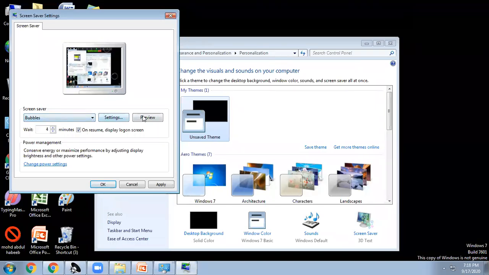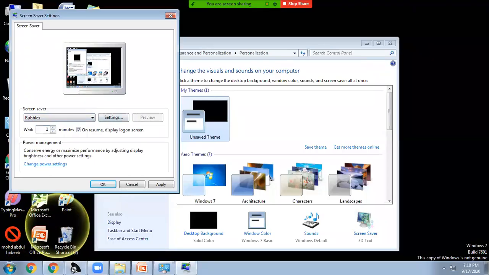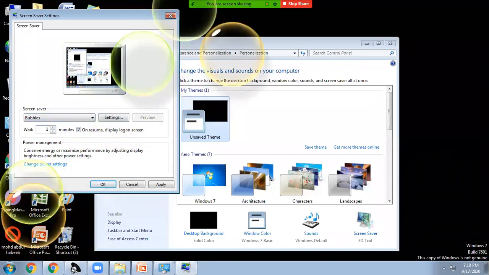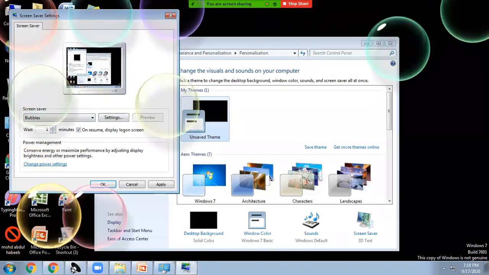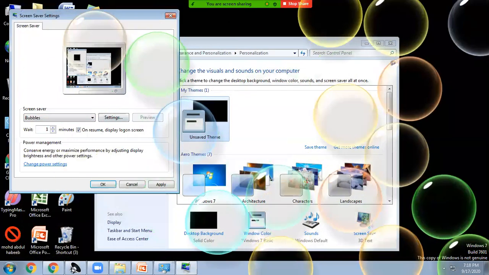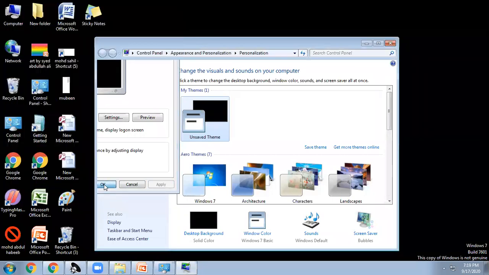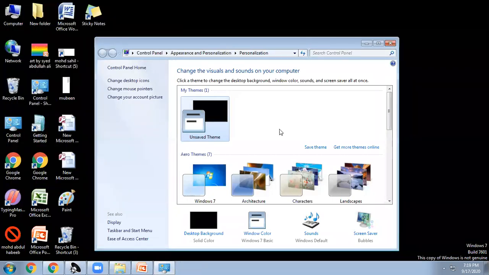I will show you how it looks. Bubbles will come like this on the screen. You can see the bubbles. Just okay and apply. So this is the way you will do it.